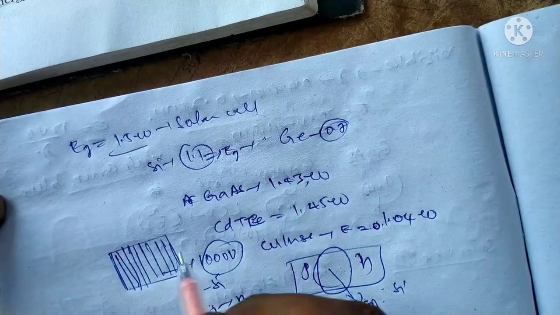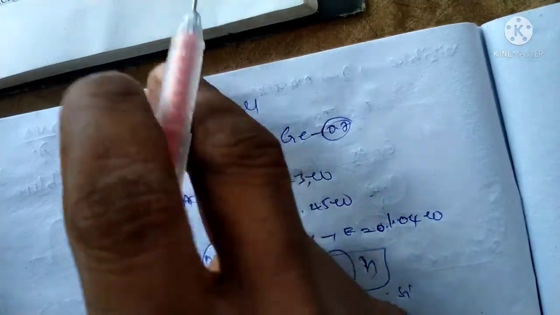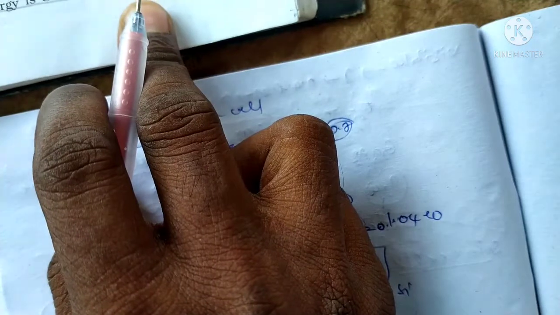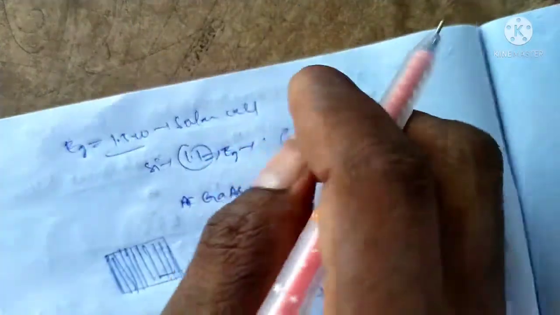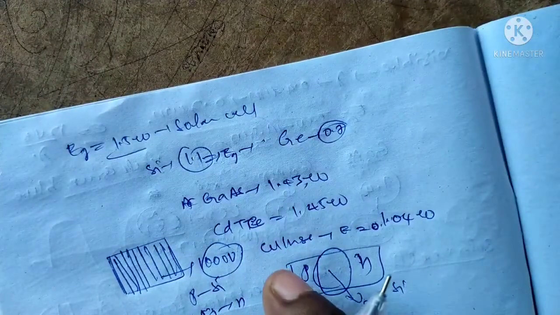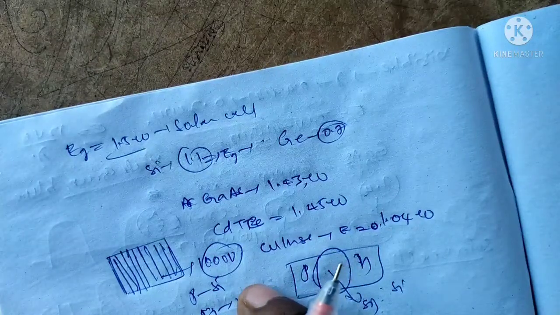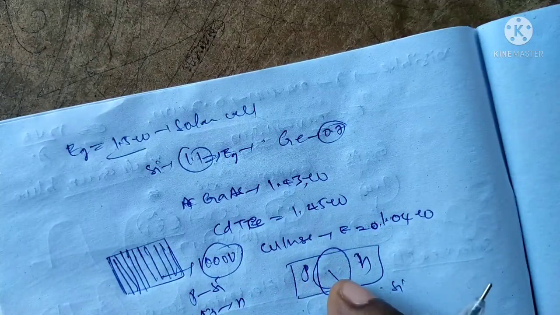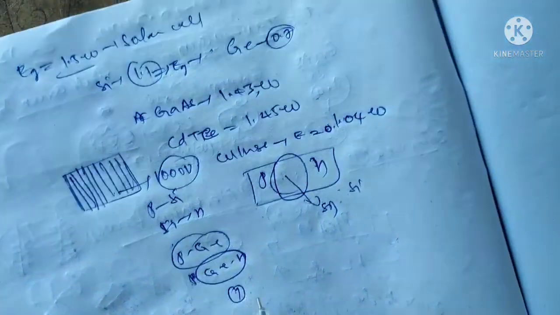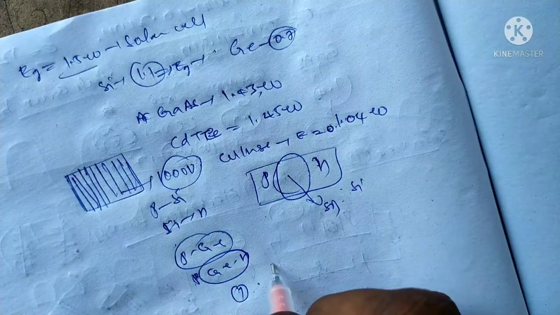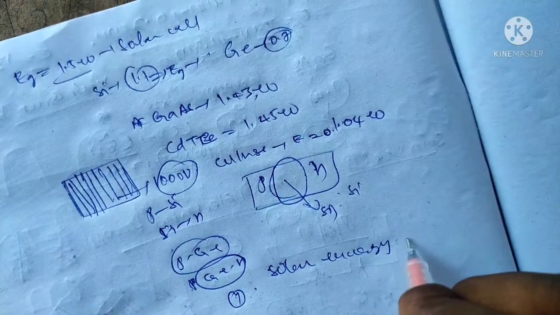It absorbs the light energy and transmits the electrical energy. That is the photovoltaic effect of the solar cell. The full efficiency of the solar cell depends upon the size of the material, the distance between the sunlight and the solar panel, and also the materials. So the solar energy depends on three things.